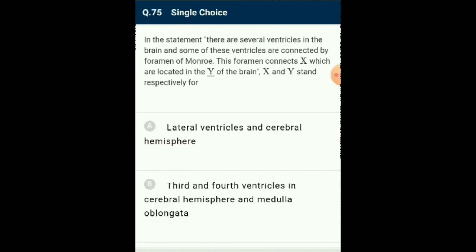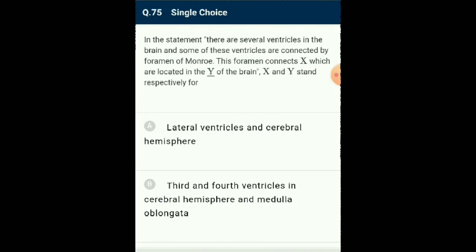Question number 75. There are several ventricles in the brain, and some of these ventricles are connected by the foramen of Monro. This foramen connects X, which are located in the Y of the brain. X and Y stand respectively for